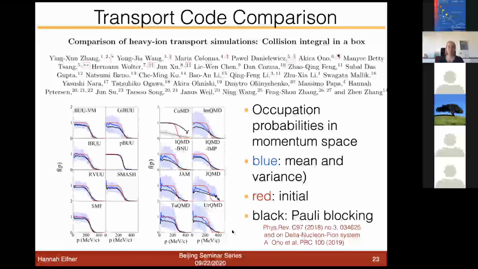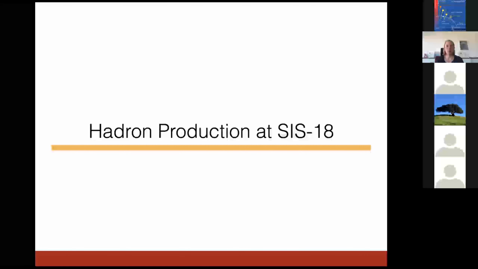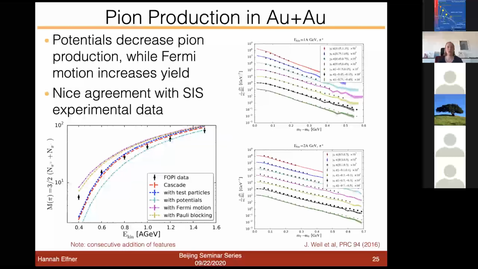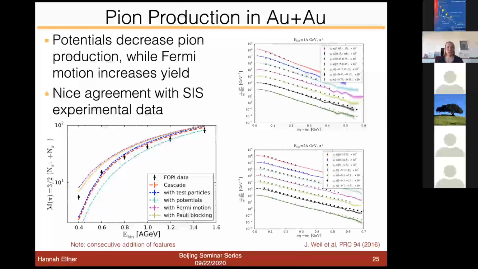And then we can finally come to the physics. So I'll start with the particle production at low beam energies to just benchmark the approach in the first place. So the first particle species we look at is the pion production. And this here on the left is the excitation function in gold-gold collisions. And this is data from the FOPI collaboration at different beam energies. So this is really very low beam energies.